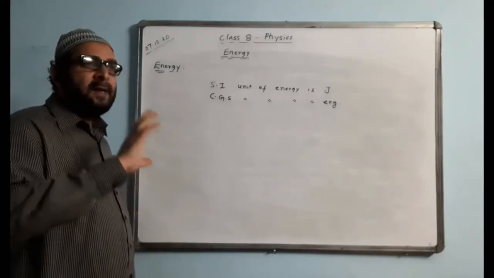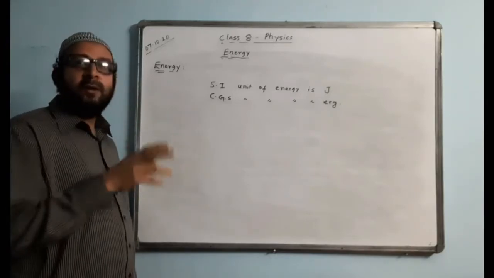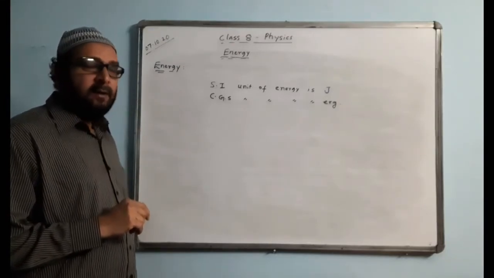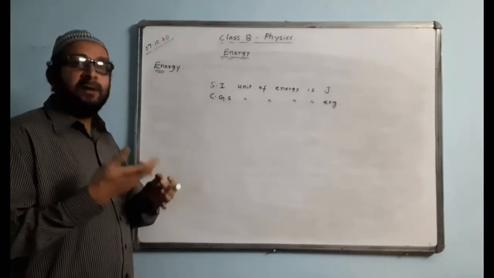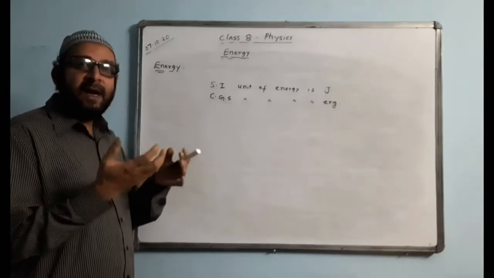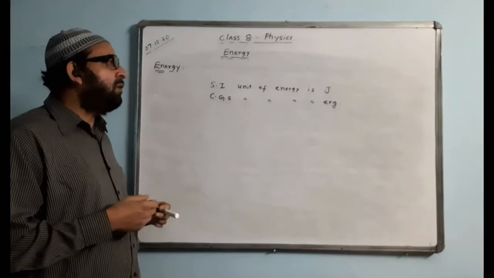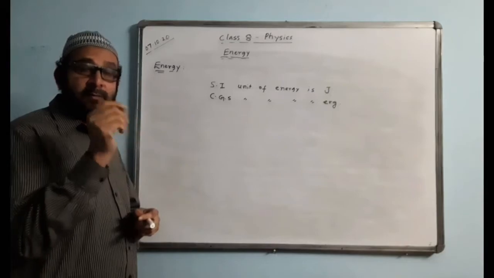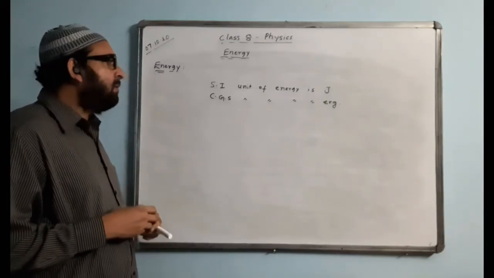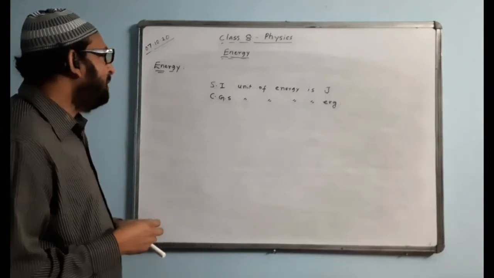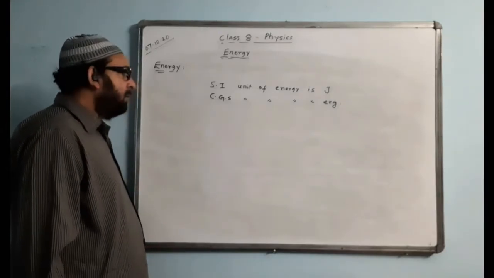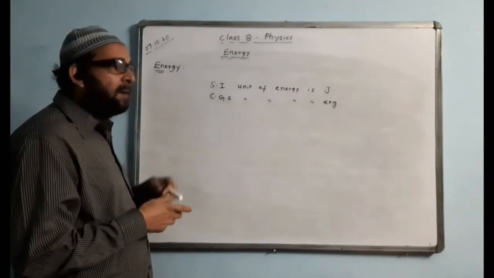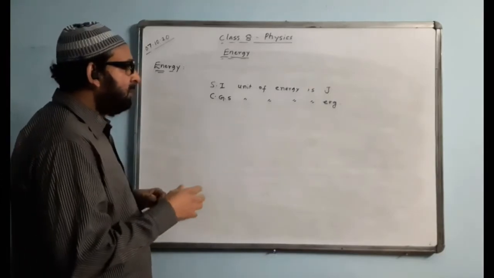Okay, now there are other units of energy also, like you must have heard about calorie. Calorie is mainly used to measure heat energy. How much heat is generated, we measure in terms of calorie. So calorie is also a unit, but it is neither the SI unit nor the CGS unit. It is a different form of unit, called the thermal unit of energy. Thermal means heat related. Heat energy is measured in terms of calorie. About calorie we will discuss in the next chapter, the heat chapter.